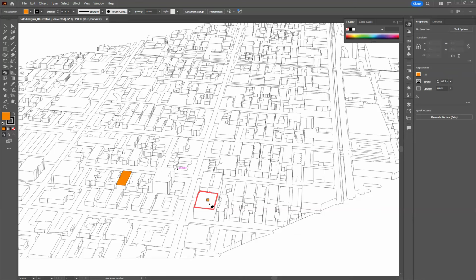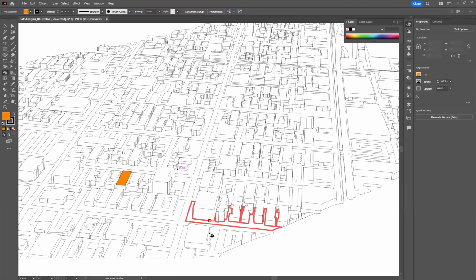Okay. Now, before you do this, you should have an understanding of what color represents what. So I could say, you know what, orange is going to represent commercial, red is going to represent residential, and blue is going to represent civic. Okay. So have an idea, have a legend for yourself of what color represents what building. Then I'm going to go into